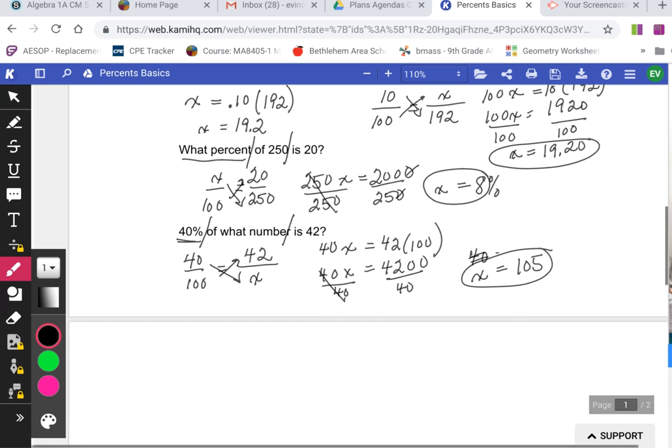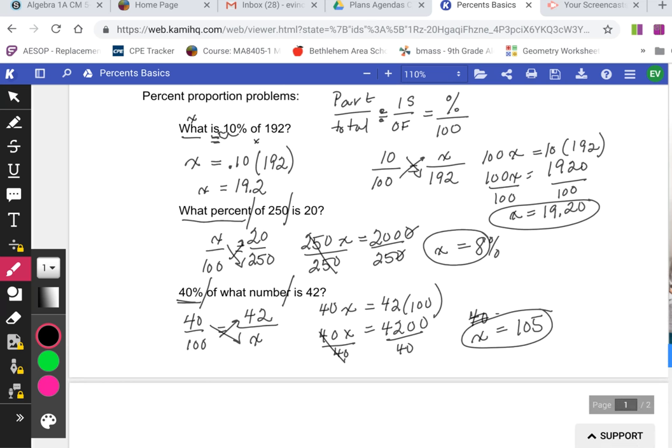Hope that helped you figure out how to do percent proportions. Feel free to watch this again to make sure that you know